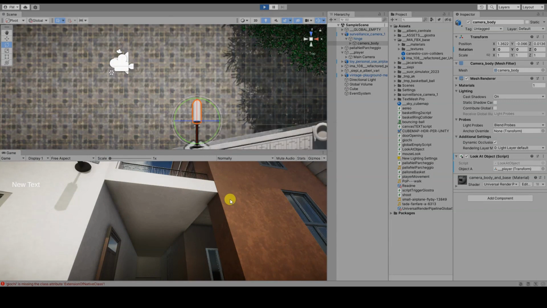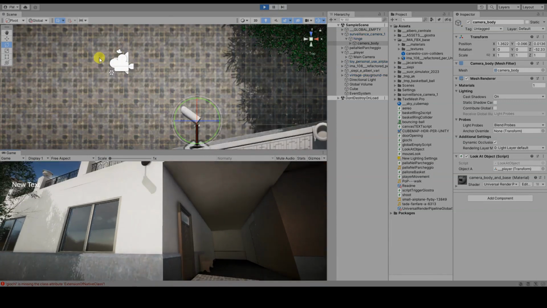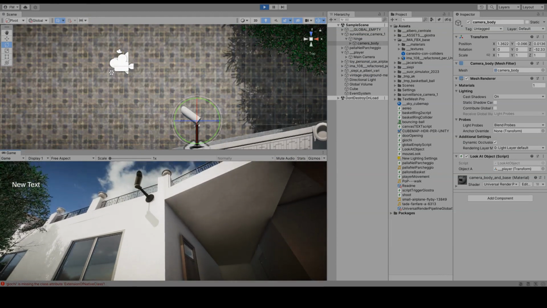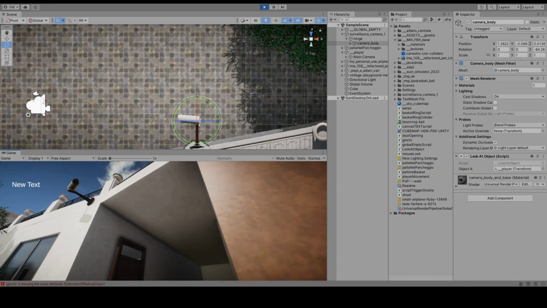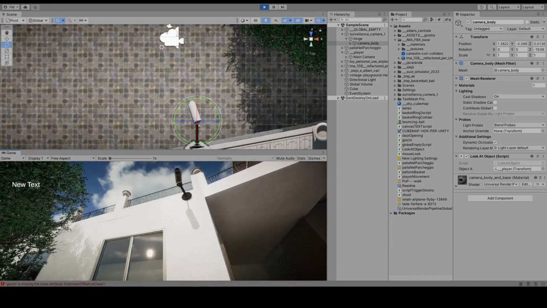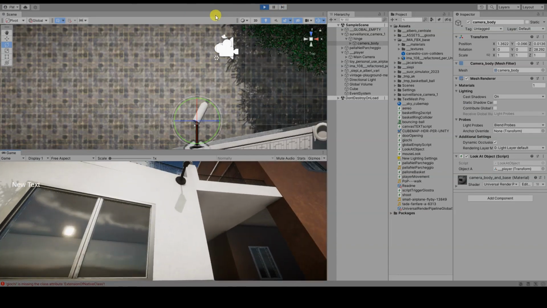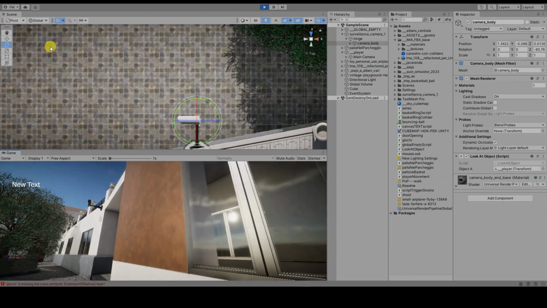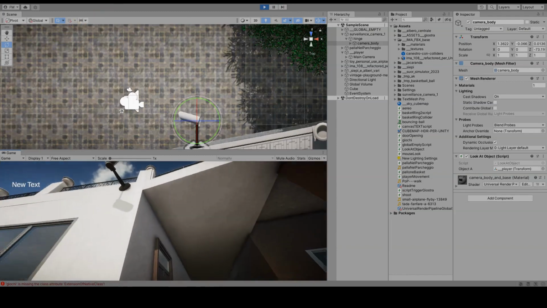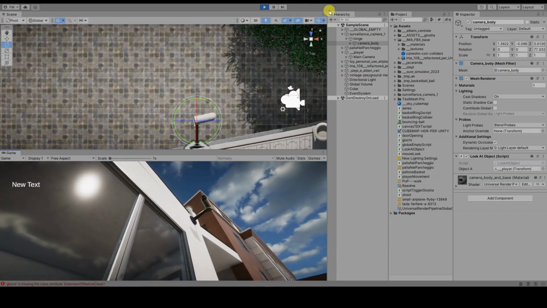So, to recap, in this first part we examined the problem to be solved and saw how to consider the two objects on the same plane, how to calculate the direction vector, and, most importantly, how to apply it to the specific case of the surveillance camera, taking into account its local reference system. We then applied an instant rotation to the object, making it point at the player at every frame of the game, using the rotate function.